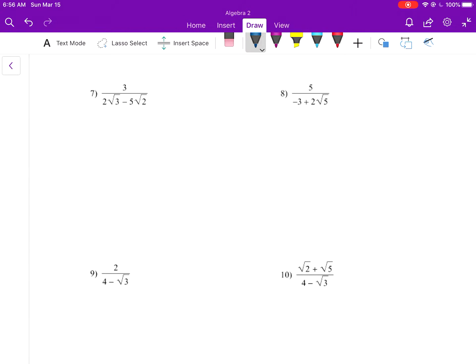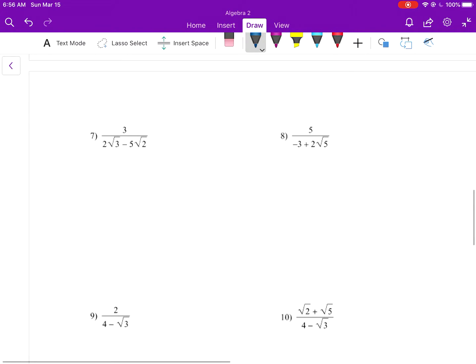7, 8, and 9 are all similar because they have a monomial, so one term on top and two terms in the denominator. So in order to do this, we're going to look at another concept before we get going on this. And that concept is if you take, and I'm going to make this in a simpler form, but if you take a